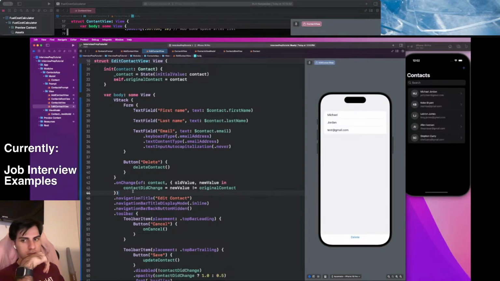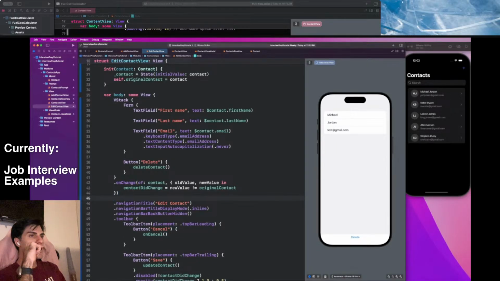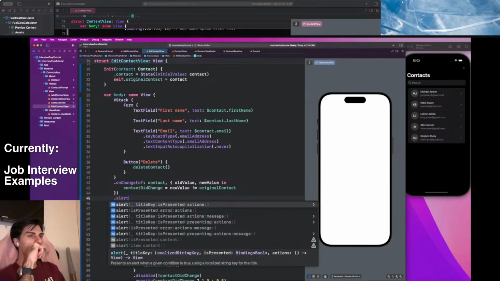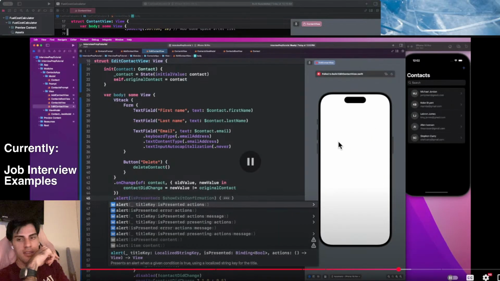Guys, in these interviews, you don't have to remember how to do this stuff off the top of your head. They allow you to use Google. So you could just say, hey, how do I show an alert in SwiftUI? Because I honestly don't even remember that off the top of my head. There's so many different modifiers, but you should know that you have to create an alert modifier. And then if you need to look up how to do it,